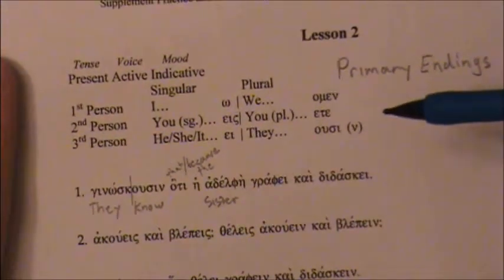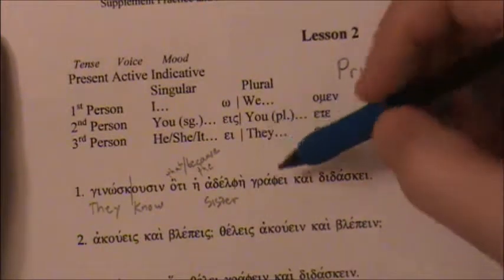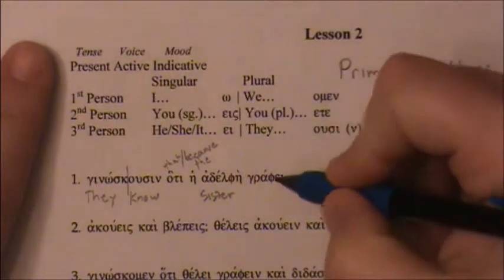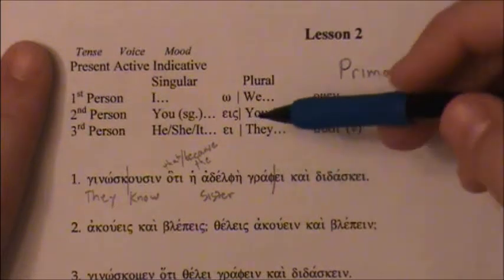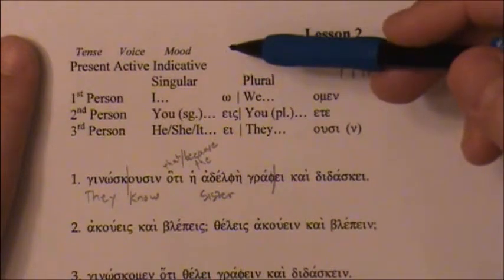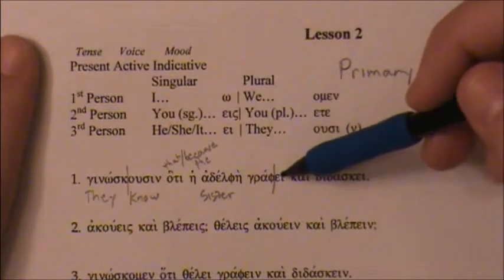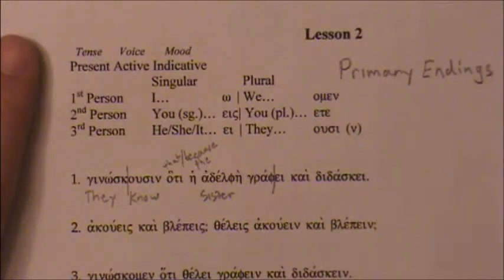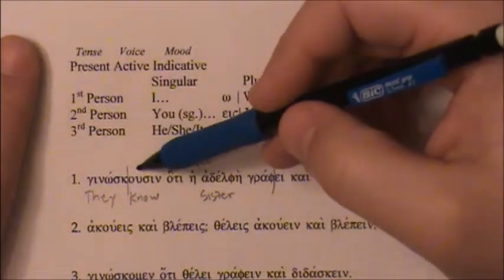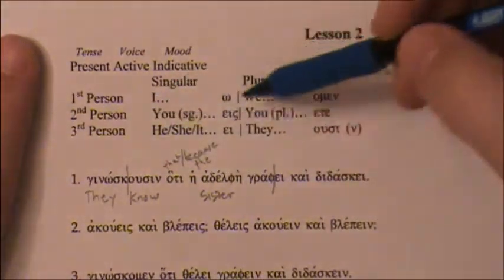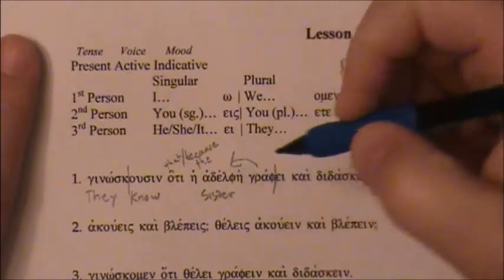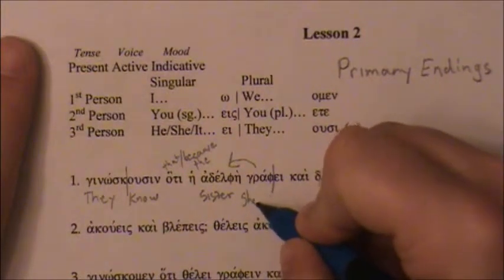Graphei. Okay, so here's another verb. We can notice our stem first from our vocabulary, or we can look for our ending. Well, I'll cut this here. So we have o, eis, ei. Okay, ei. Alright, so present active indicative, third person singular, he, she, or it. Well, this doesn't match back here to this verb with the endings, so it's not referring to that, so it's referring to the sister right here. So the sister, she writes,